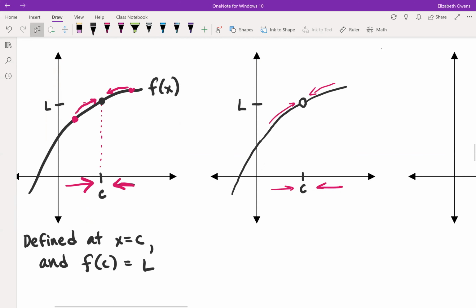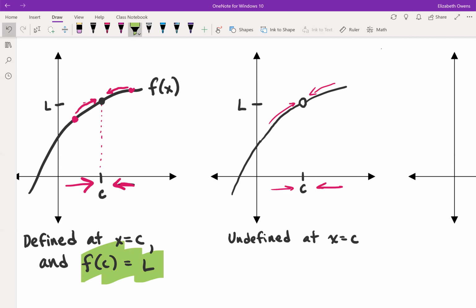Okay, so this is undefined at x equals c. And so we can't say anything about f of c. It's undefined. f of c doesn't exist. Okay, there is no point there. All right,